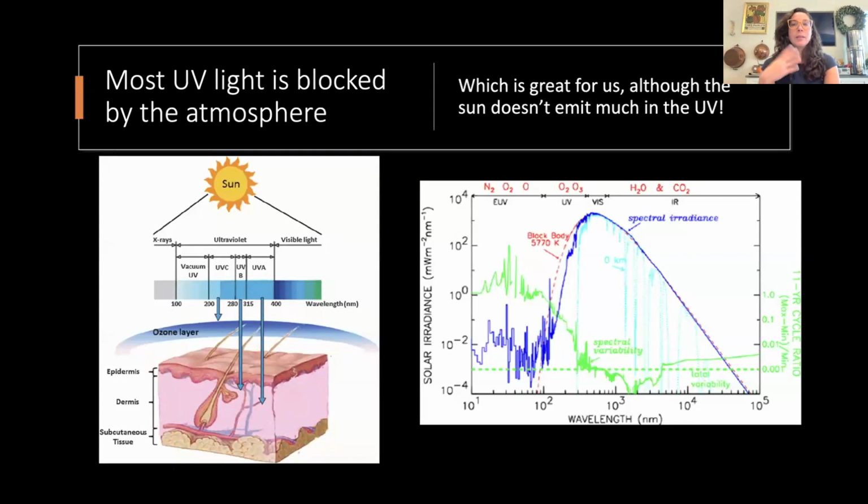by the atmosphere, and that's really important for us because UV photons, similar to X-ray photons and gamma ray photons, can be ionizing, which means that they can knock out electrons or particles in your DNA, or in the instance of UV light, most of it would get absorbed just in the surface of your skin, which is what's shown here on the left. And that can cause damage to the cells, which can eventually cause skin cancer. So UV light being blocked by the atmosphere is really good for us as humans, but it's annoying for UV